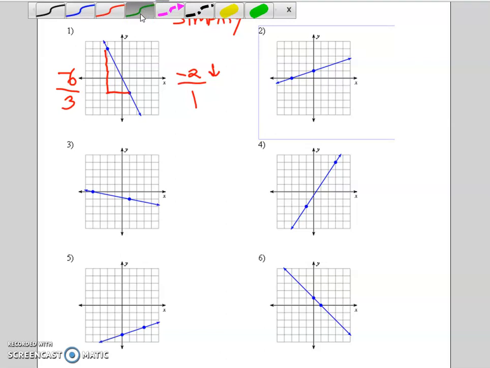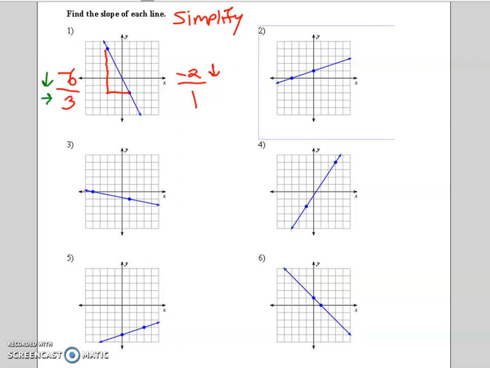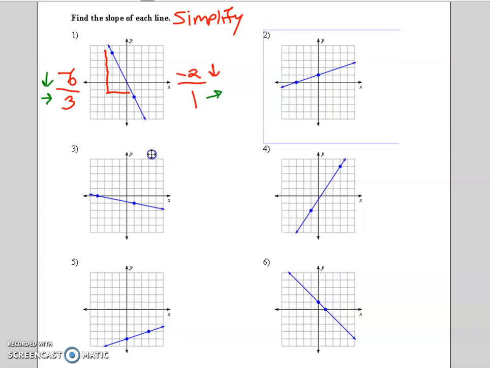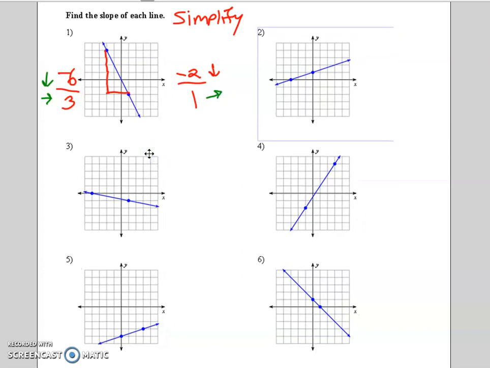So yes, we went down 6 and right 3, but it's in simplest form, you're going down 2 and to the right 1. So you can look at this as going down 2, right 1. So for every point on the line, you can locate another point by going down 2 and to the right